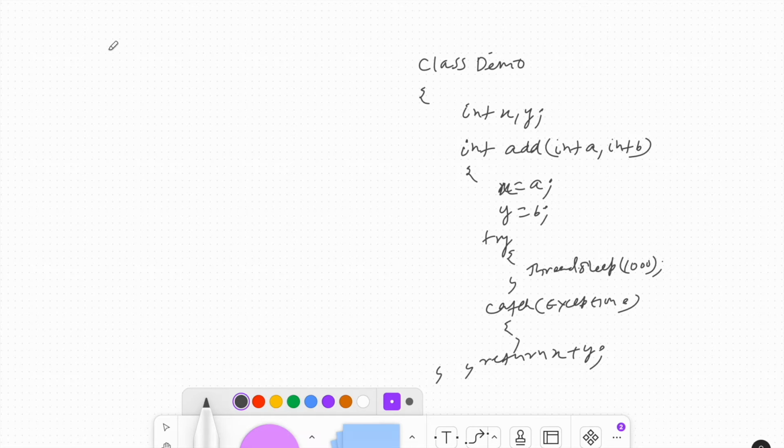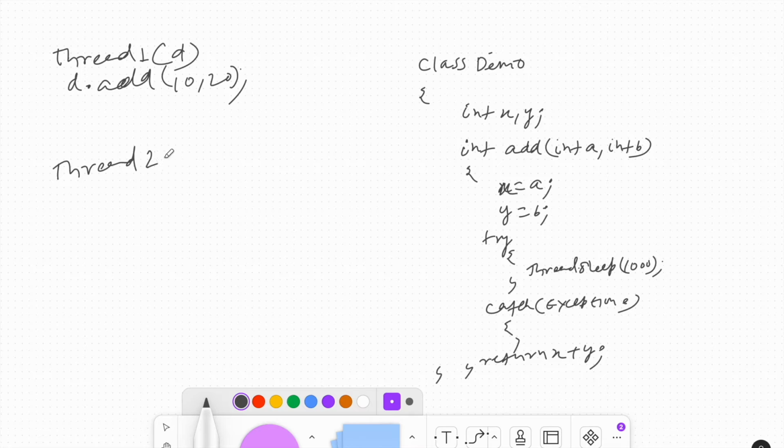Now suppose there are three thread classes. Thread 1 has the Demo class object, and it calls the add method of the Demo object with 10 comma 20. Suppose there is another thread, Thread 2, which also has the Demo class object. It will also call d.add with, suppose, 100 comma 200.